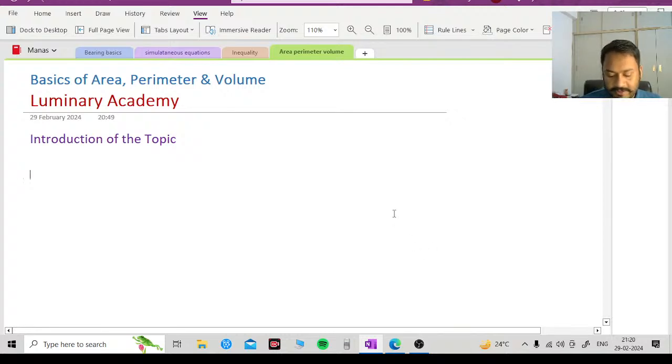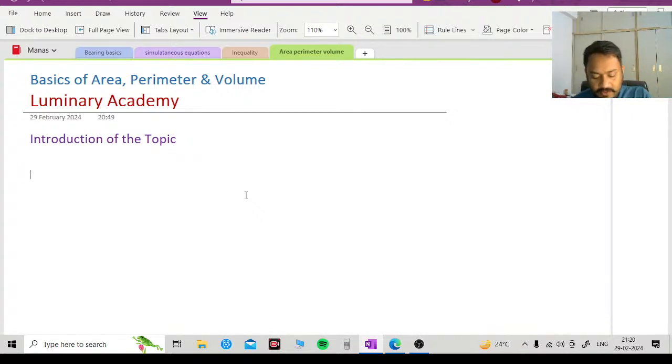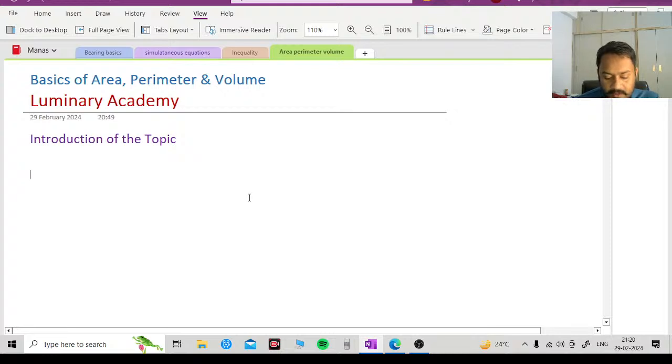And today we are starting the topic that is area and perimeter and volume also, right? So these are the topics which are very important for the coming checkpoint exams, right? So here what we'll be doing is basically,